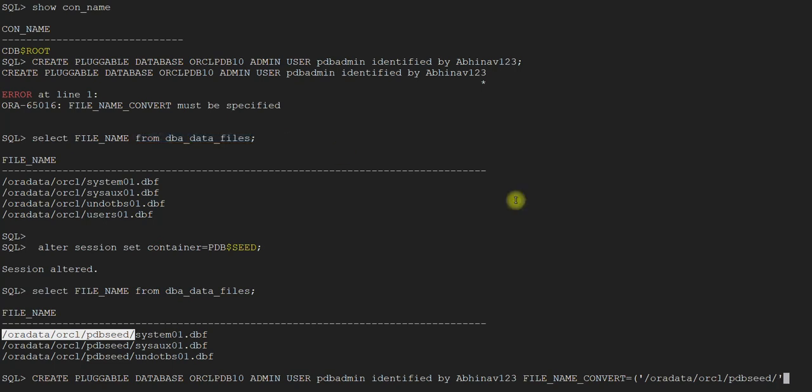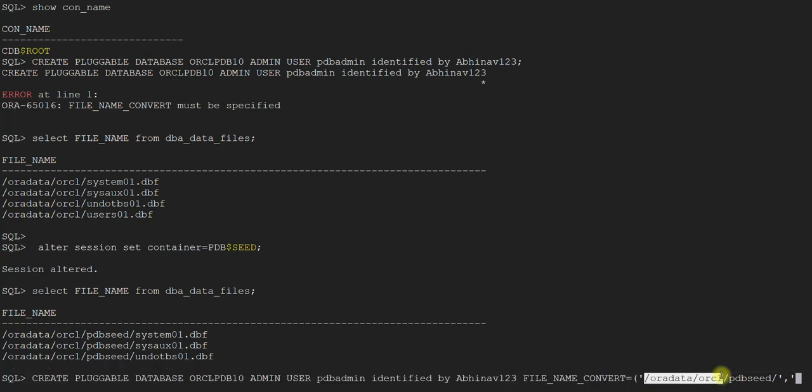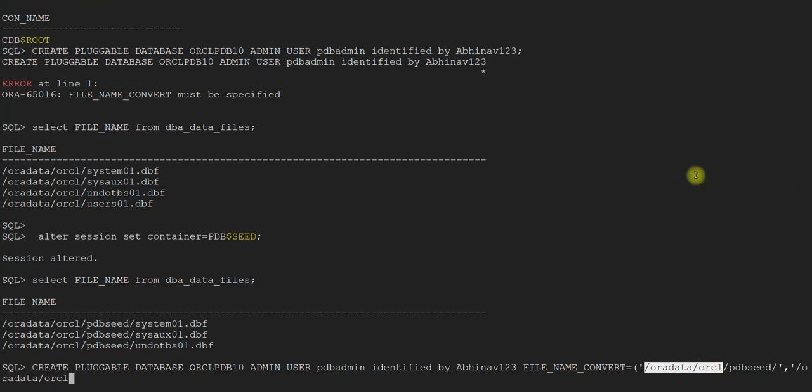we do not want to create here. Because we are using seed, it's trying to create under this. We don't want to do that. So we want to create under ORCL, right? So we are saying that if the create pluggable database command sees this directory while creating, which is what it's seeing, then please create it under this path, slash, I'll give my database name.